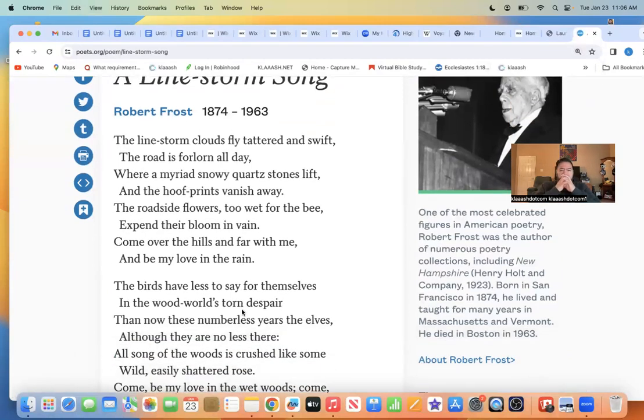The line storm clouds fly tattered and swift. The road is forlorn all day, where a myriad snowy quartz stones lift, and the hoof prints vanish away. The roadside flowers, too wet for the bee, expand their bloom in vain. Come over to the hills and far with me,